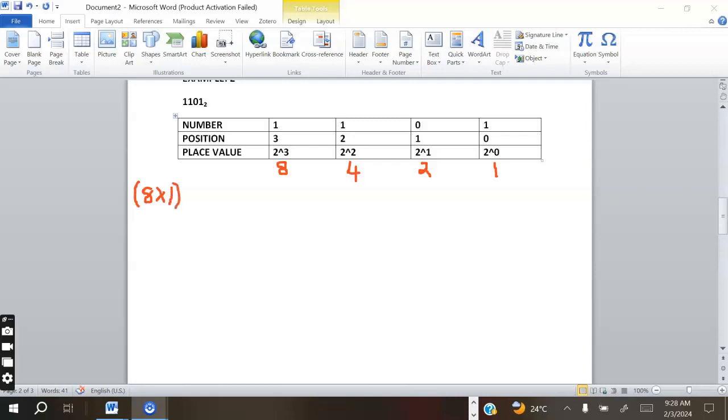This one multiplying by this one, plus 4 multiplying by 1, plus 2 multiplying by 0, and lastly 1 multiplying by 1. So this one multiplying by that is 8